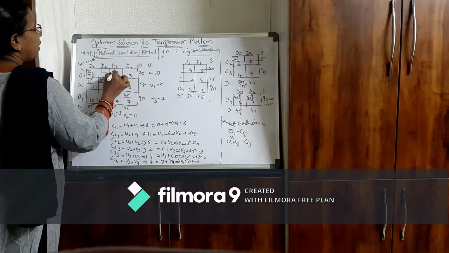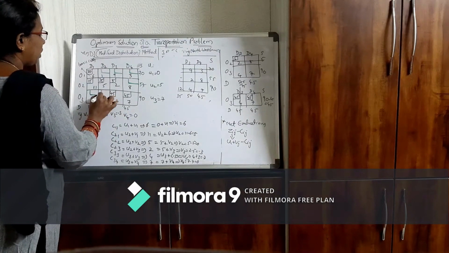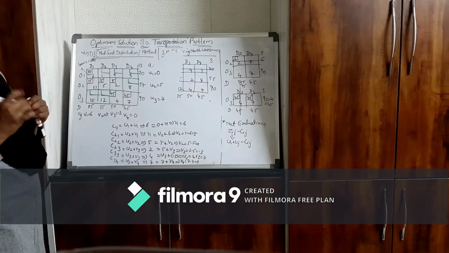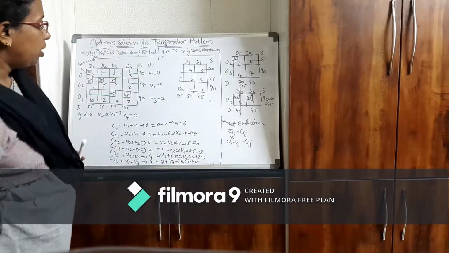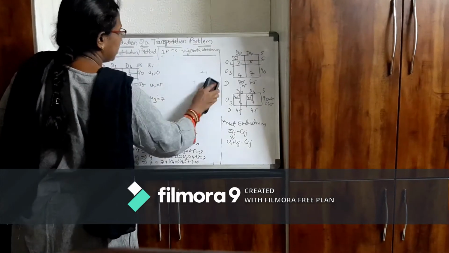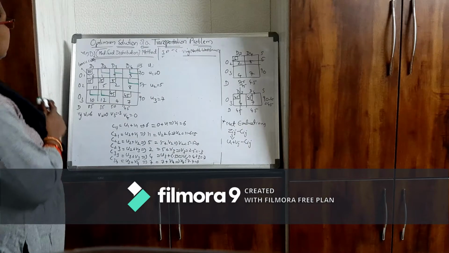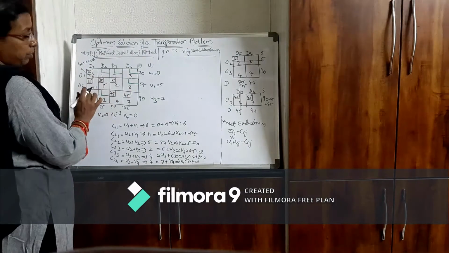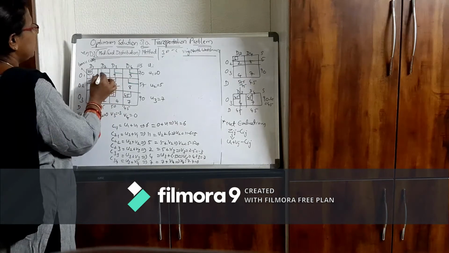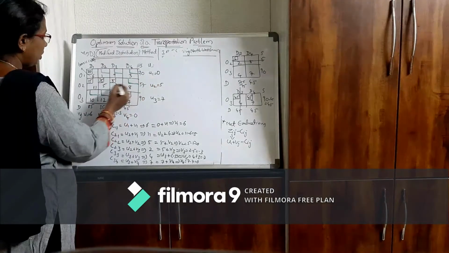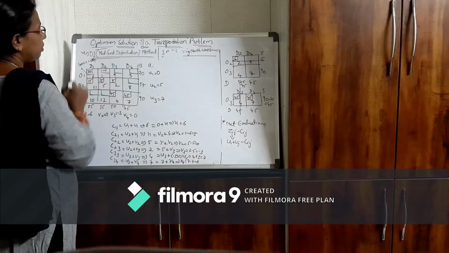So whatever I have marked with green marker, these are called the net evaluations, which we are calculating for non-basic cells. So you have to calculate net evaluations for non-basic cells only. Now how to calculate net evaluations for non-basic cells? I said Ui plus Vj minus Cij. Only for non-basic, that means where you don't have any allocations, only to those cells you have to calculate the net evaluations. So here corresponding U1 value is 0, corresponding V2 value is 1. So 0 plus 0 minus 1. So I will get minus 1.